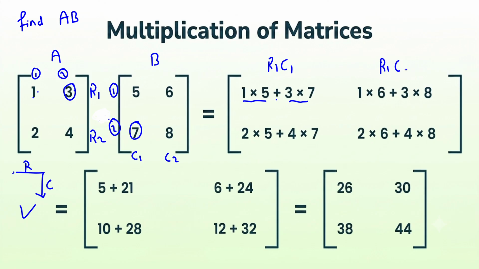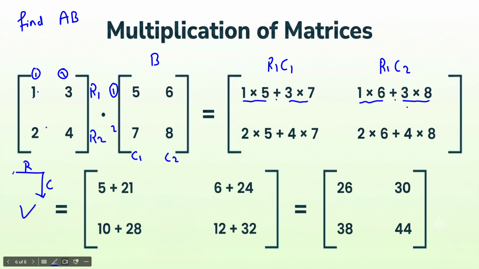Now the same row you have to consider, but now you have to multiply the second column, R1 C2. Okay, means first row, second column. So again this first element will multiply to the first element, means 1 into 6, you can see here 1 into 6, plus this 3 will multiply to 8, the second element. Okay, 3 times 8. Okay, this will be your R1 into C2 multiplication. Okay, now